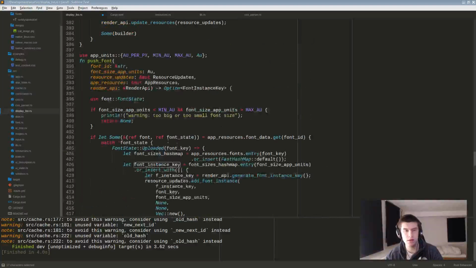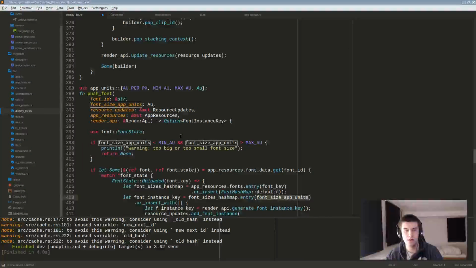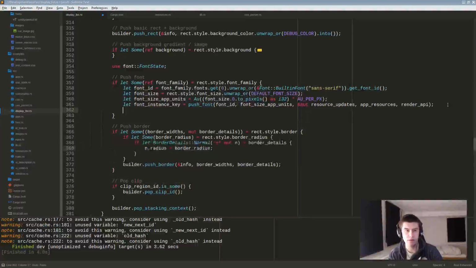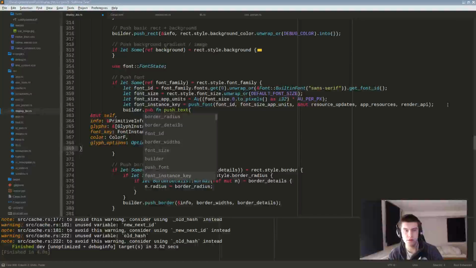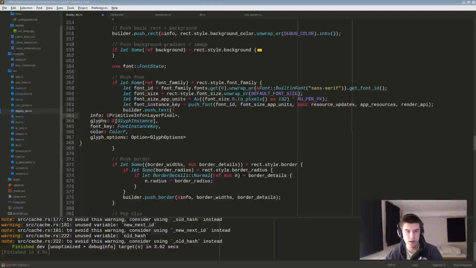So the only way to have this is to have the actual font instance key, and this will be generated once we have the actual smaller than min AU is bigger than or. So and then we have builder.pushText. Now